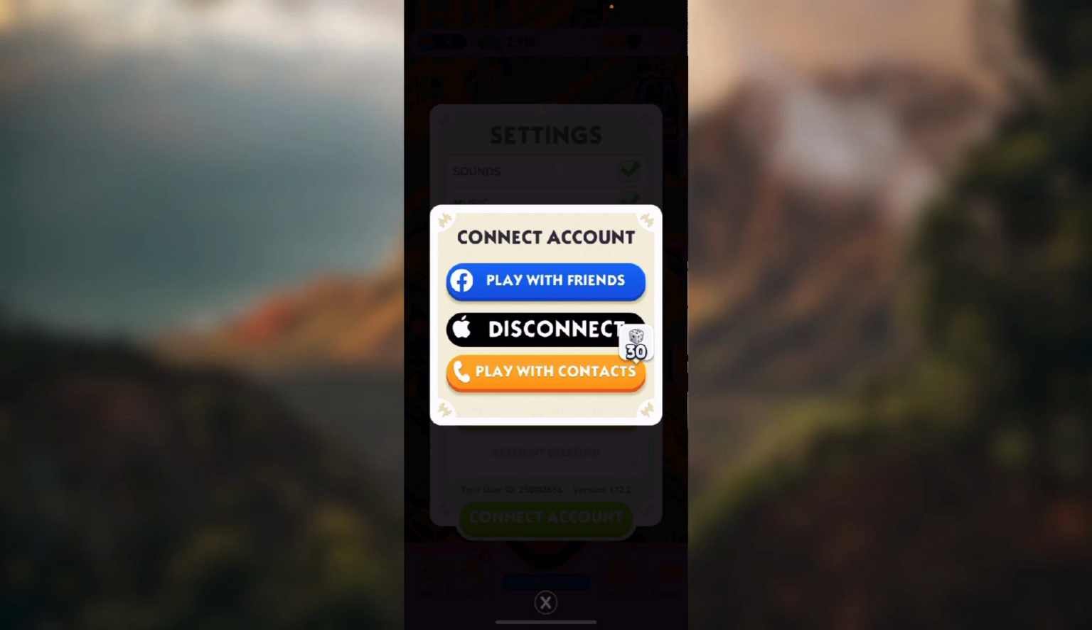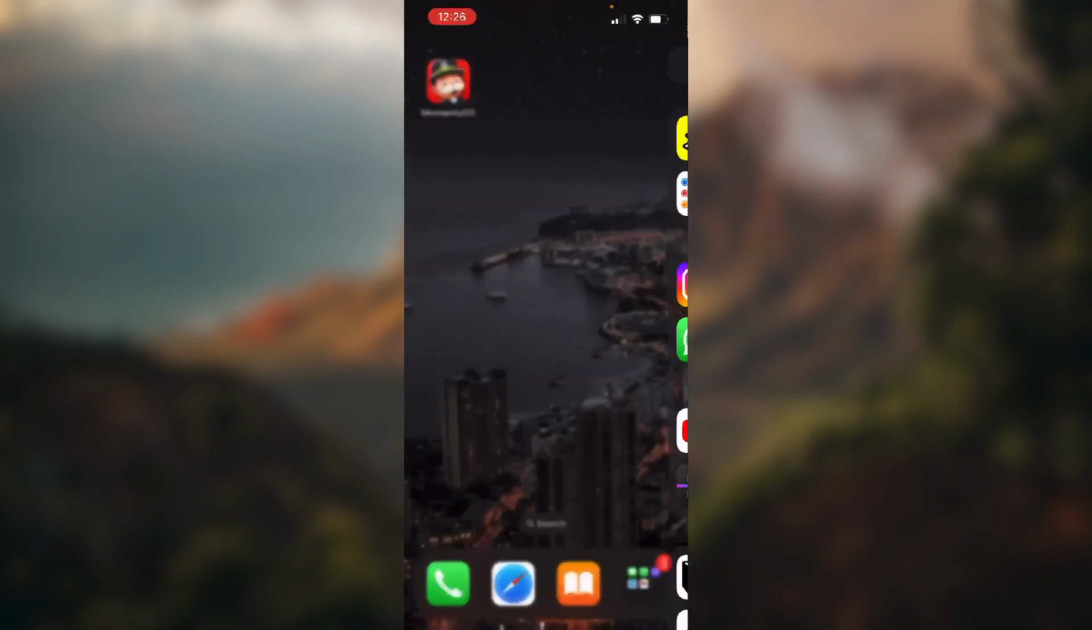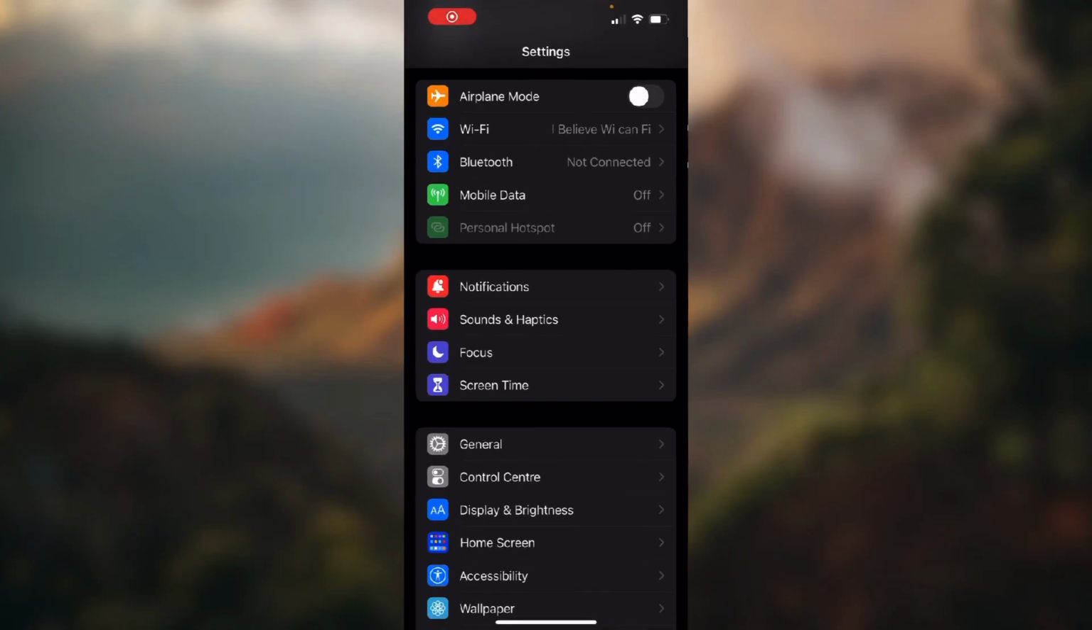So you want to disconnect from all your connections here, so Apple or Android if you're using one, that will say disconnect from Play Store, and disconnect from your Facebook. And when you disconnected from all of your accounts, you want to exit the game and go into settings, scroll